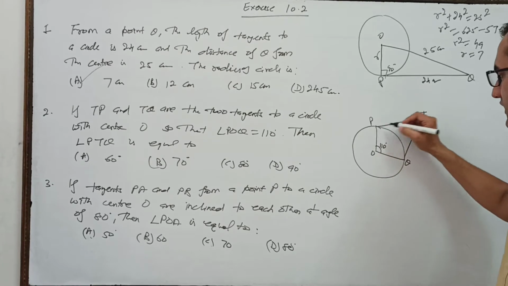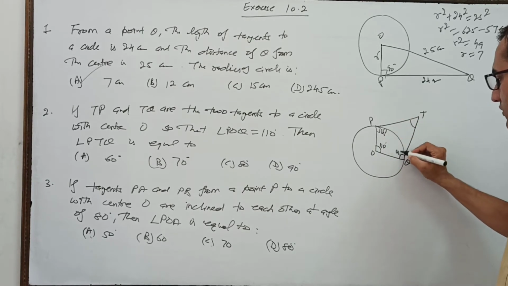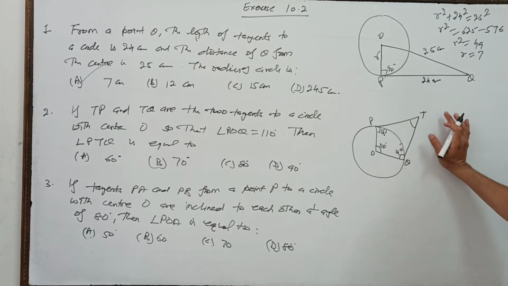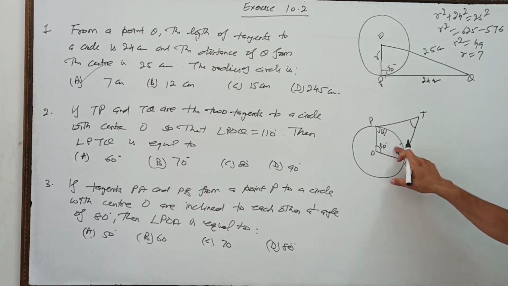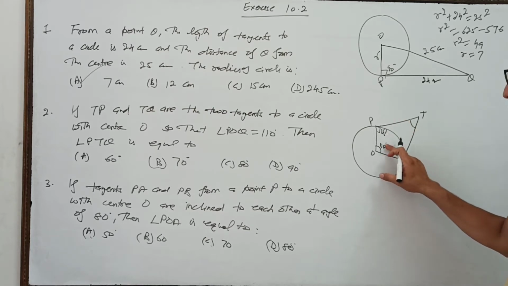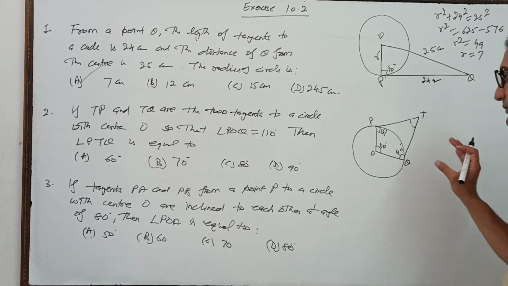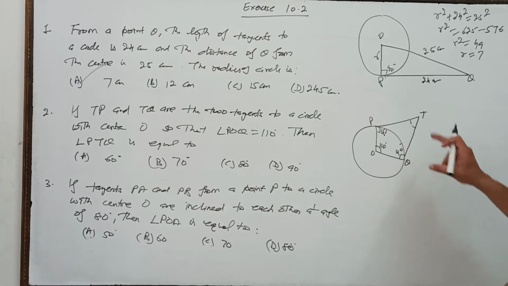Angle between radius and tangent, ये भी कितना होगा? 90. And this one is also 90. अब देखिए भाई, इन सभी चारों एंगल का सम कितना होगा? 360. ये दो 90 90 180, तो इन दोनों का सम भी कितना होगा? 180 होगा। तो इससे आप ये आइडिया लगा सकते हैं।